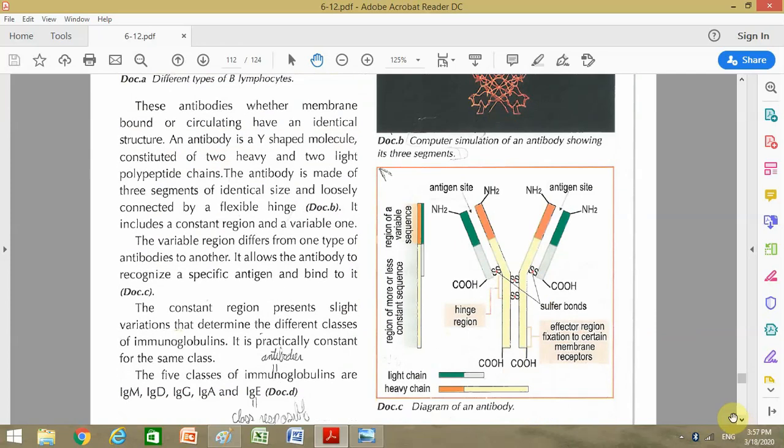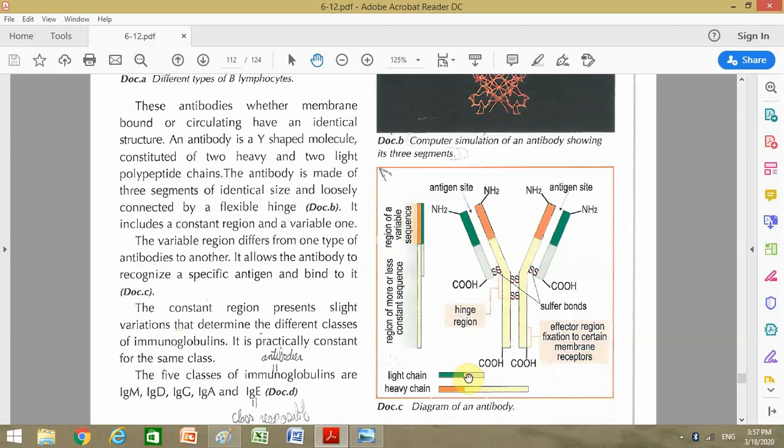An antibody is a Y-shaped protein that is made up of 4 polypeptide chains: 2 heavy chains, the ones in the middle, which are long peptide chains, and 2 light chains on the exterior. This antibody is characterized by the presence of a constant sequence, the constant region, and a small variable region through which it binds to antigens. So this is the antigen binding site. Each antibody has 2 antigen binding sites, and this here is the region of fixation of the antibody to the